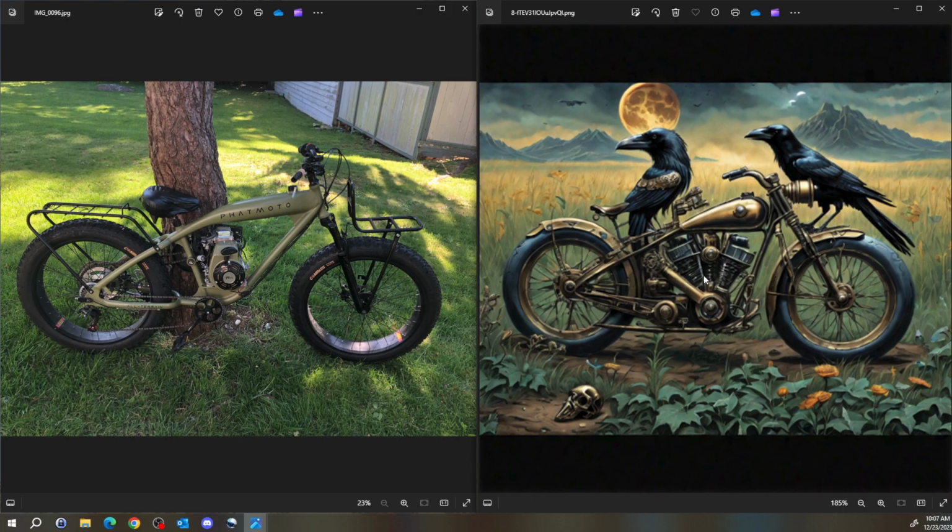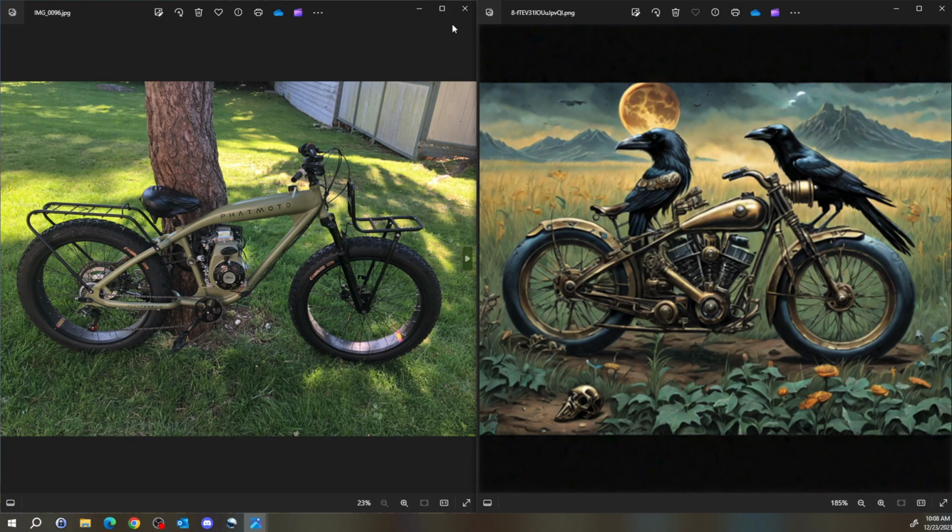But yeah, these bikes, they're really nice bikes. And as you can see, the crows with the illuminating moon in the background. I really do enjoy this image a lot, actually. It looks like a very fine portrait. The crow's head here is a little bit big for its body, but that's okay. The mountains in the back and other crows on the same planet, with a gold skeleton in the bottom. Skull or skeleton, I'm not sure what that is, but